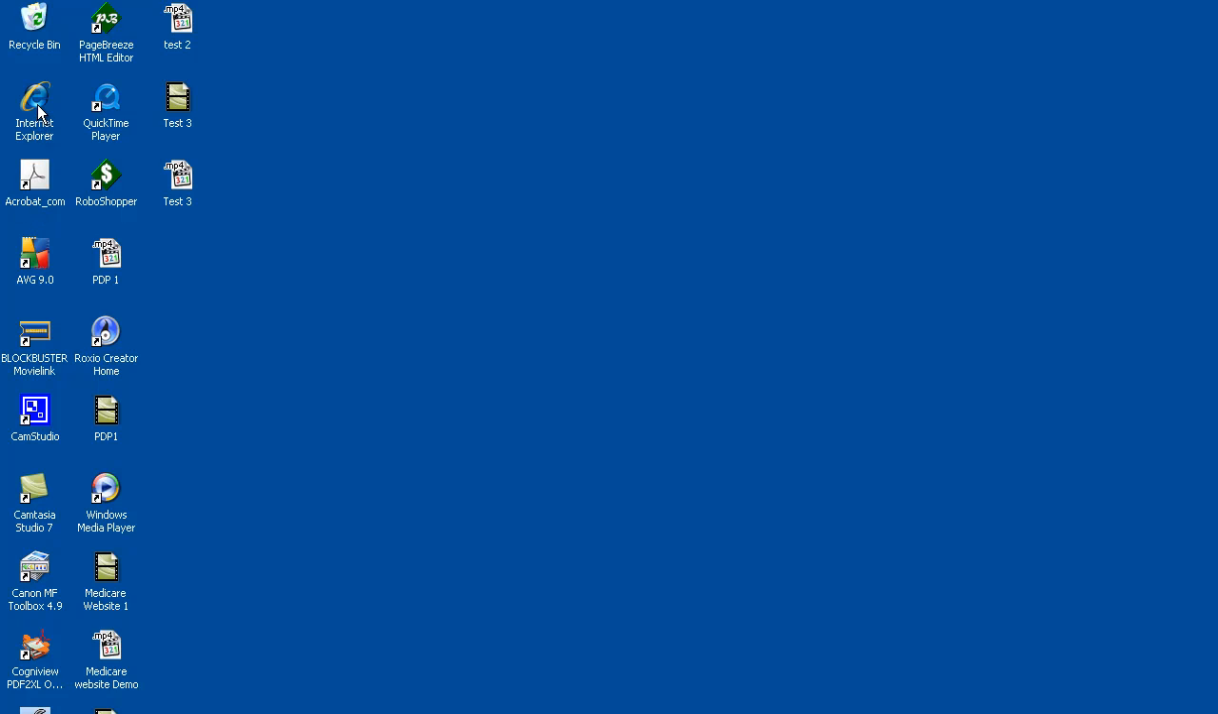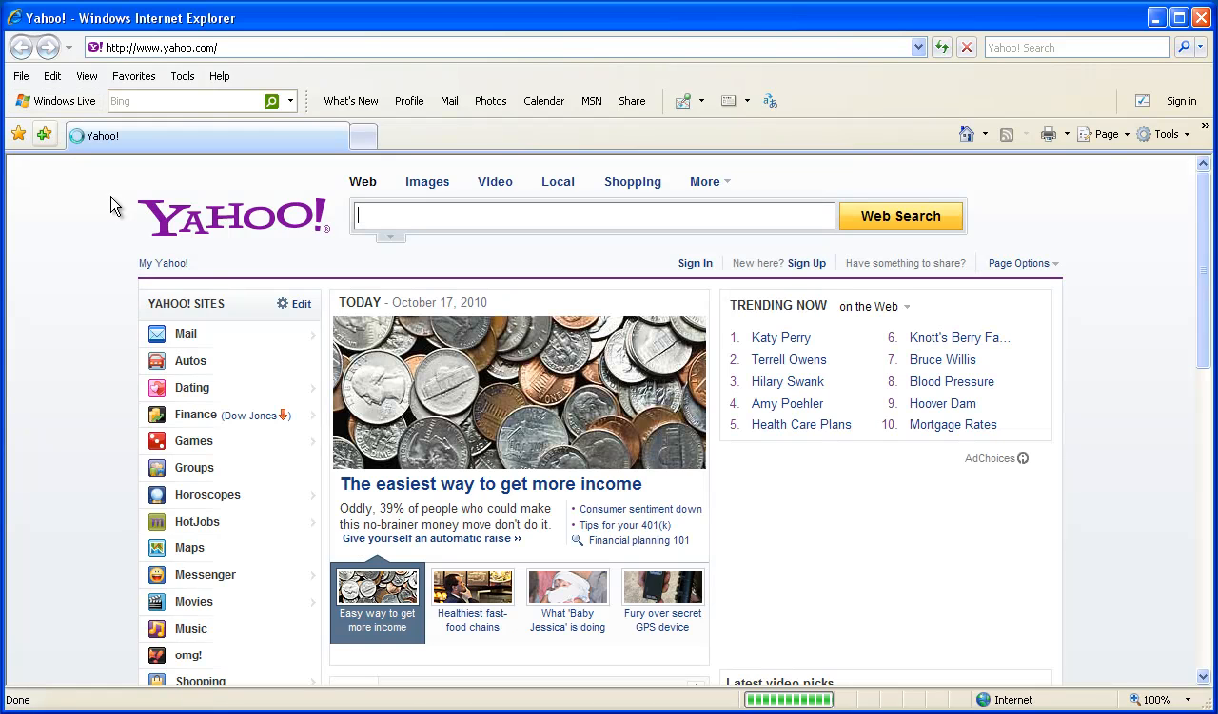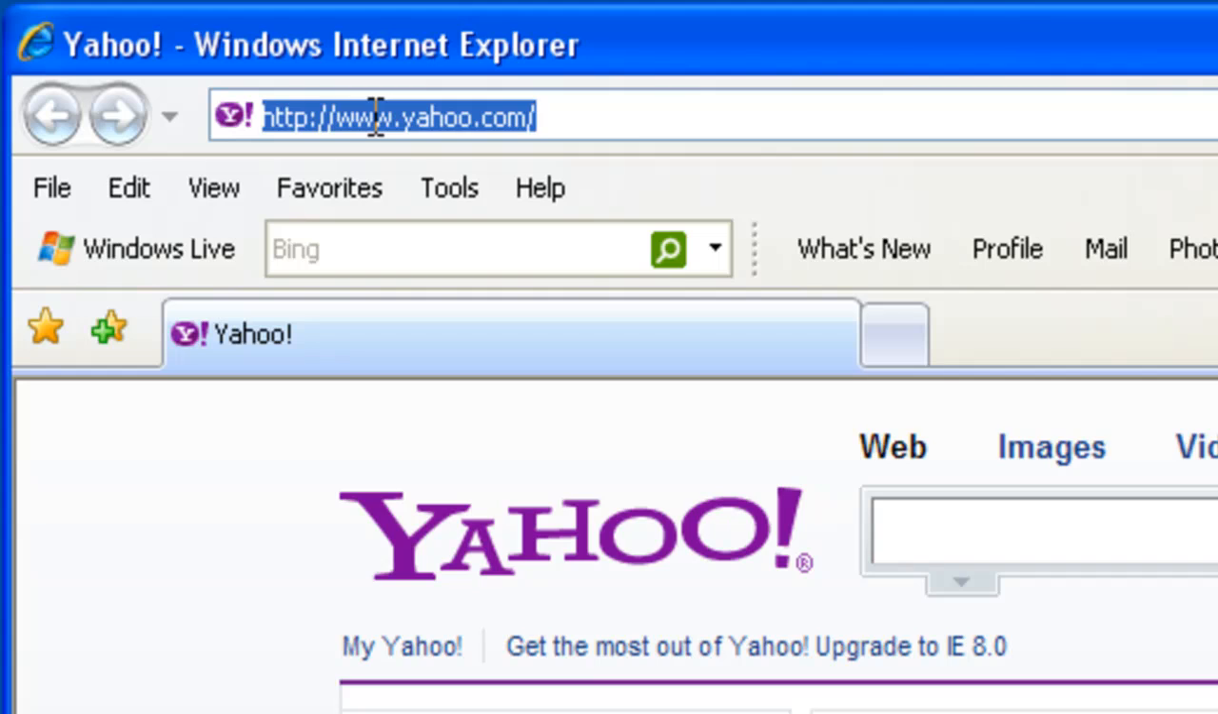Most people use Internet Explorer. If you use another program, go ahead and click to open that up. It'll probably bring you to your home page that you use most often. Then go up here in the address bar, click there, and enter